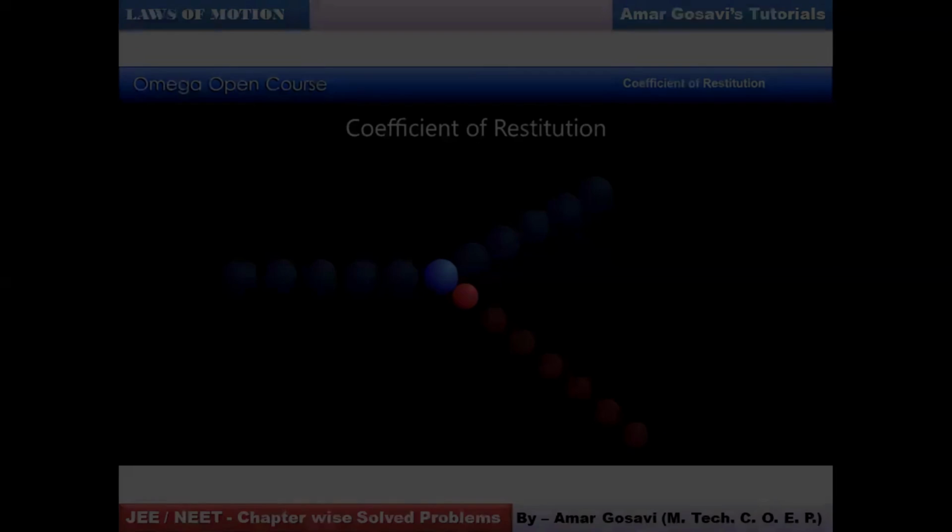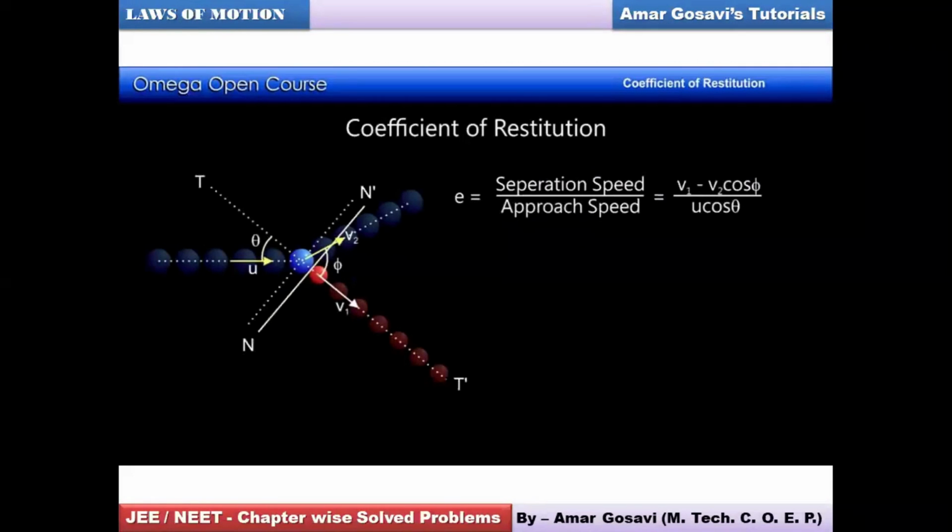Okay. Now, in this case, try and understand the diagram first of all, friends. Here you can see a ball is approaching with initial velocity u. I'm going very slow so that you understand it to perfection. So please concentrate high. Here you can see a blue color ball is moving with initial velocity u, and then it hits a sky blue ball which gets divided into two parts.